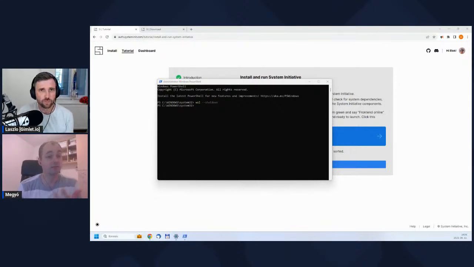Some concepts, for instance Kubernetes, have a different approach: you have the spec, which is the desired state, and you have the status, which is the current state, and then you can see whether there is a difference. And one of the key ideas is that System Initiative is a so-called active tool.